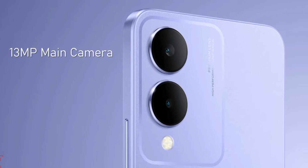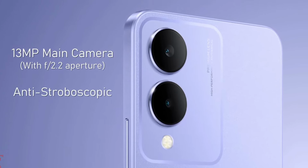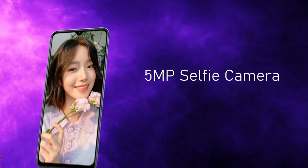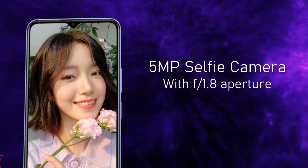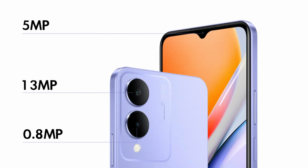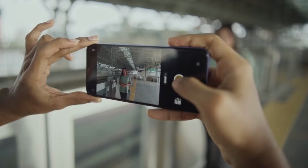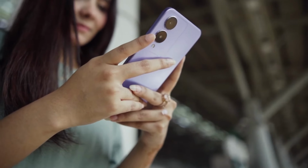Talking about the camera of this smartphone, the Vivo Y36i comes with a single rear camera setup of 13 plus anti-stroboscopic sensor MP. On the other side, there is a single camera setup for selfie that is 13 plus anti-stroboscopic sensor MP. According to camera size, resolution and review of pictures, we're giving 78 score out of 100 for camera section